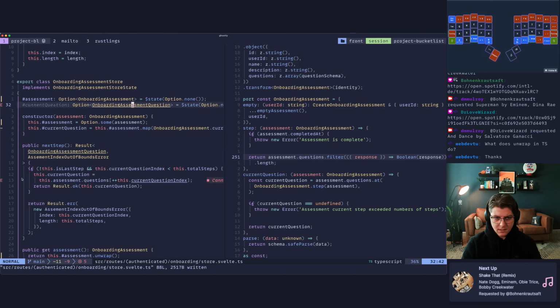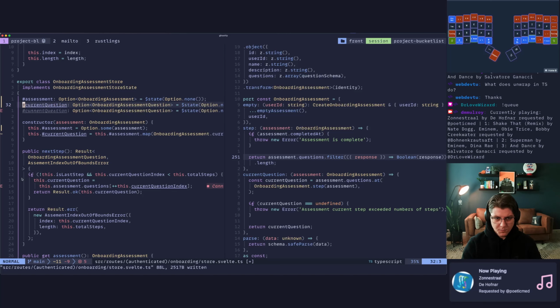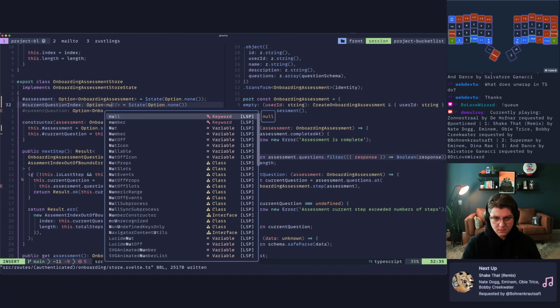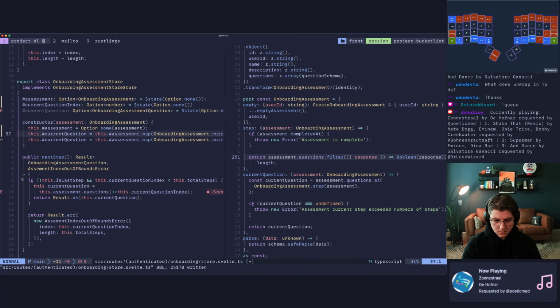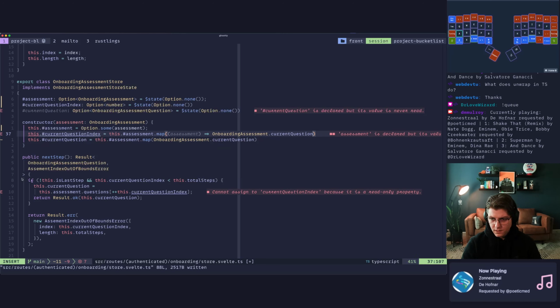So we have some state. We'll have another piece of state, and we'll paste that in here. Index. And this will be a number, right? And then in here, we can basically do the same thing. Boom, current question. And this will be our assessment. This will be index. This will get our assessment. And then we'll say -1.